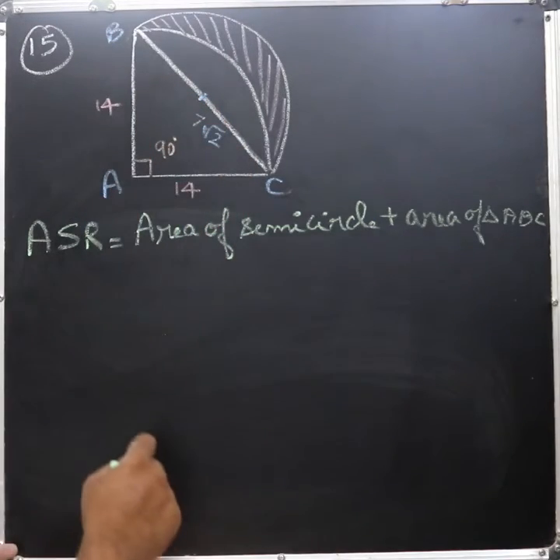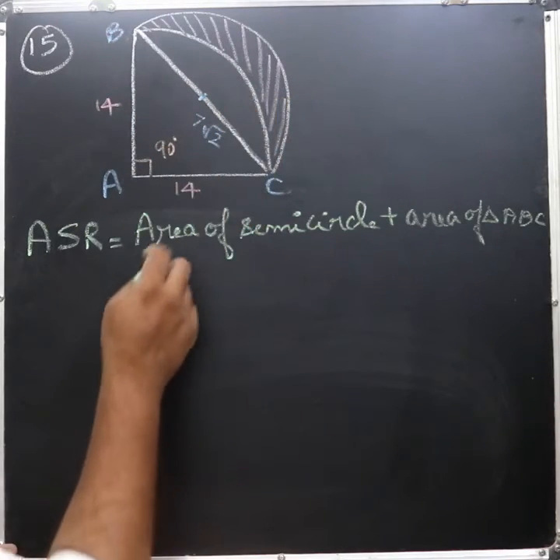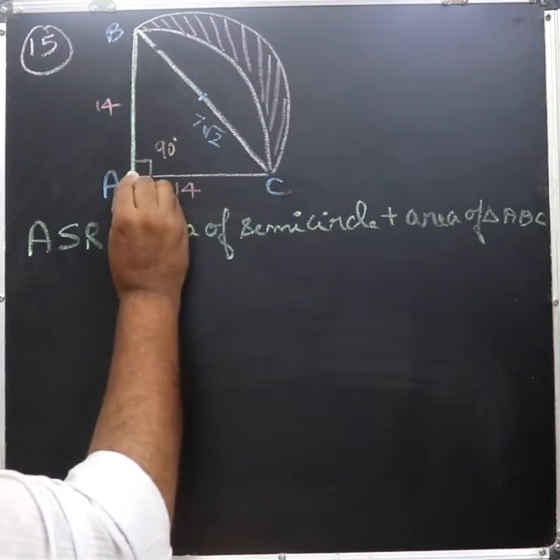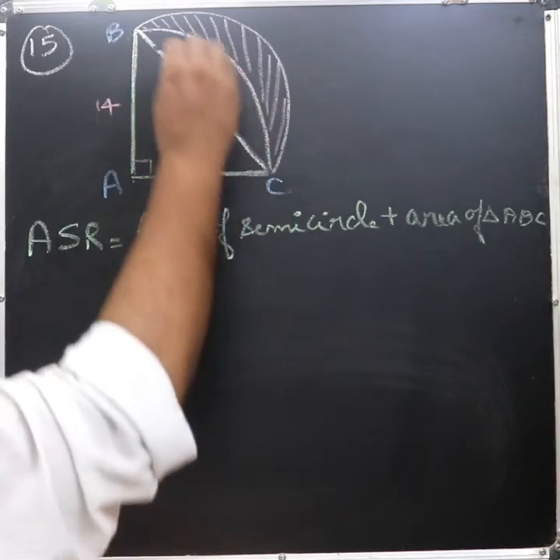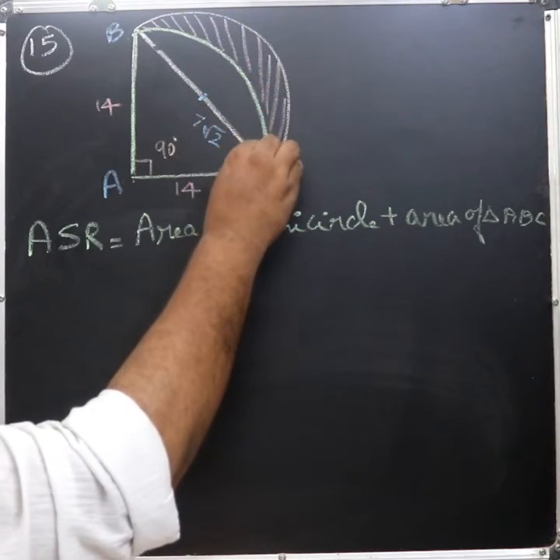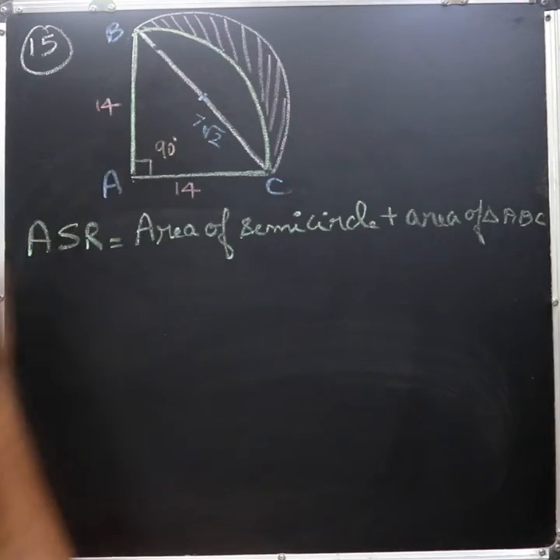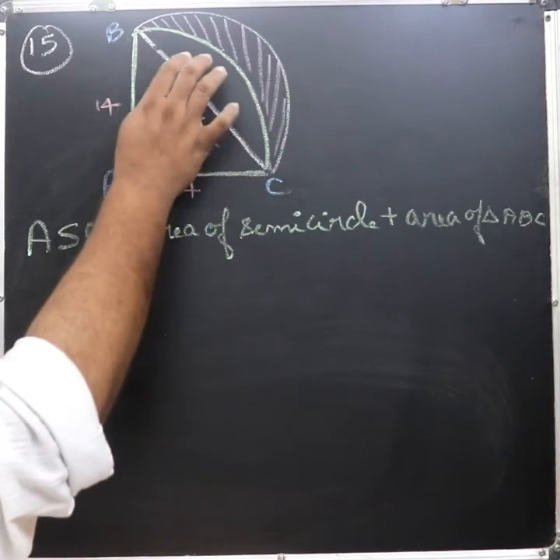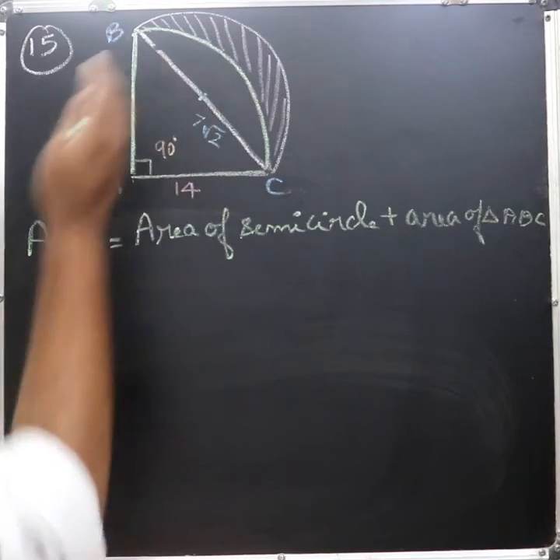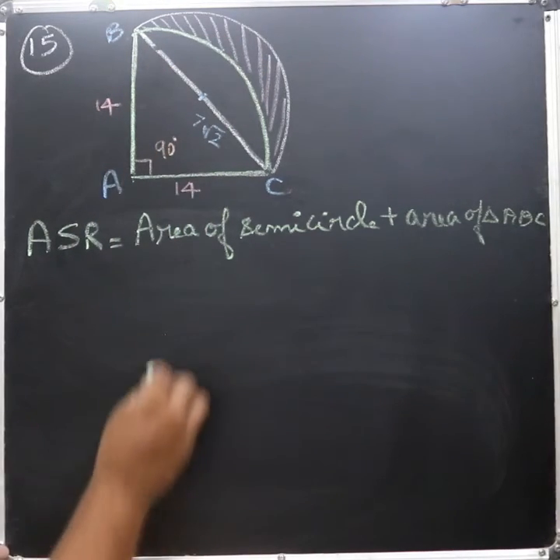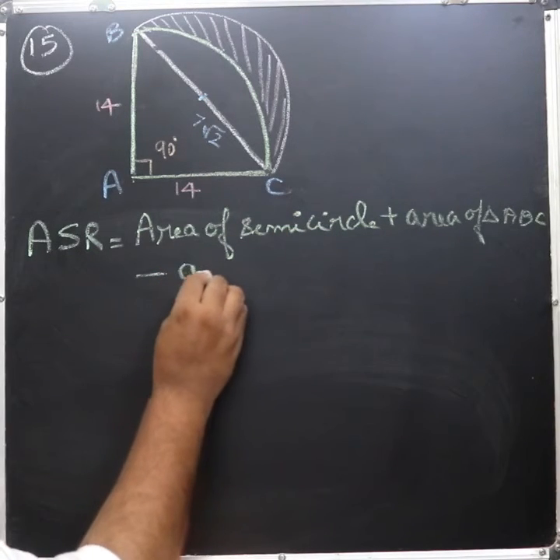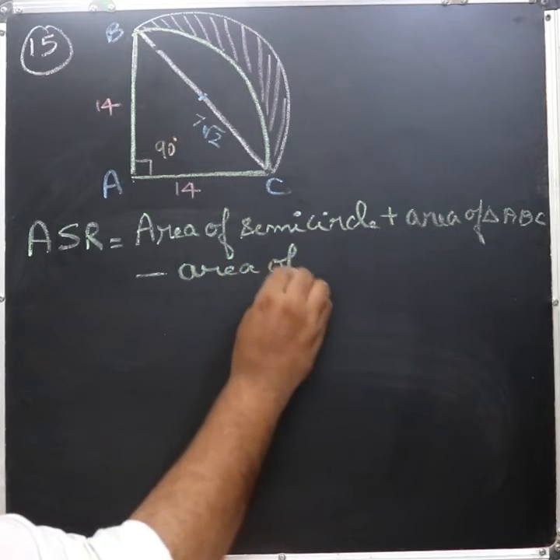But I don't want the entire region, I want only the shaded region. So you can see that this part has to be removed. I will show you which part has to be removed. I am making the boundary of that region using this green color. Now it is looking in the shape of the quadrant. So the quadrant area has to be subtracted from the total area. Then the remaining area is going to be area of the shaded region. So from the total of these two, we are going to subtract area of the quadrant.